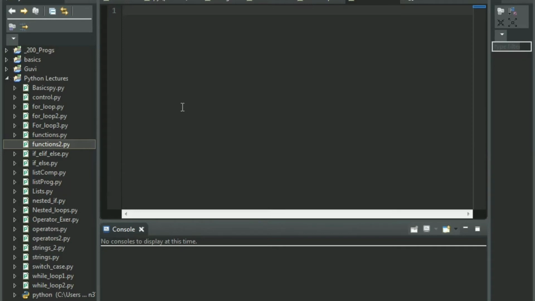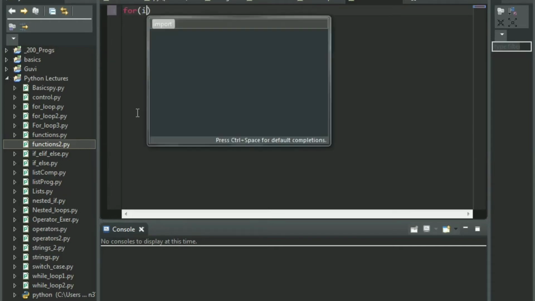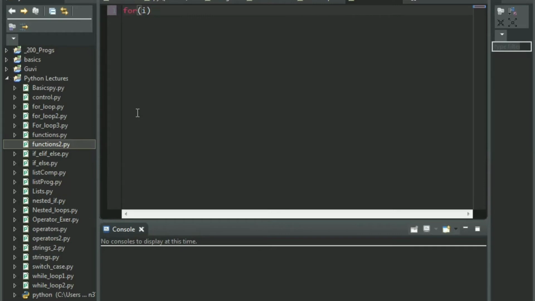So what I'll be doing here is I'll be calculating the sum of the numbers between 10 to 100. That is, I shall be doing 10 plus 20 plus 30 plus 40 and so on. So we could have done this normally, what we could have done is we could have said for i in range(10, 110, 10).